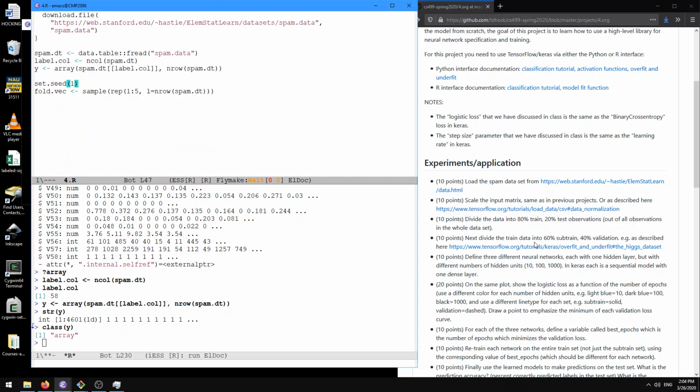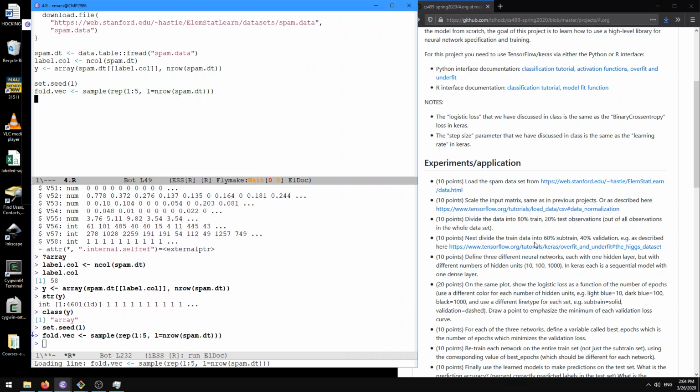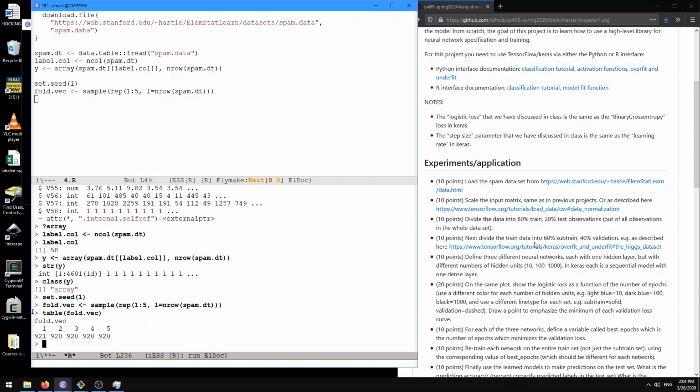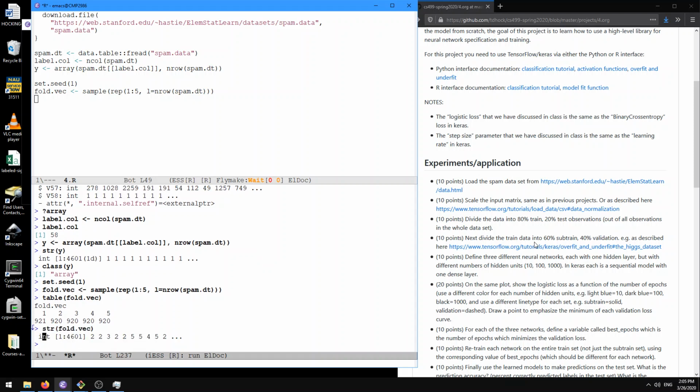I'm using set seed to set the random seed, so it's going to give a consistent result every time. Otherwise it will give me a different result every time. It's pseudo-random numbers. So here the fold vec, let's see, table fold vec, that's a vector with entries between 1 and 5,